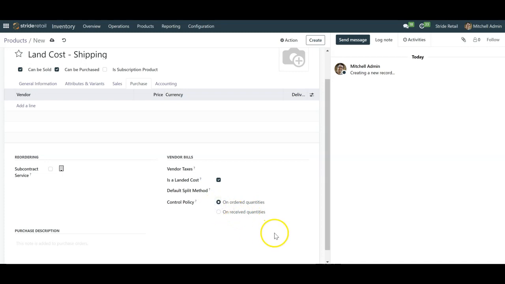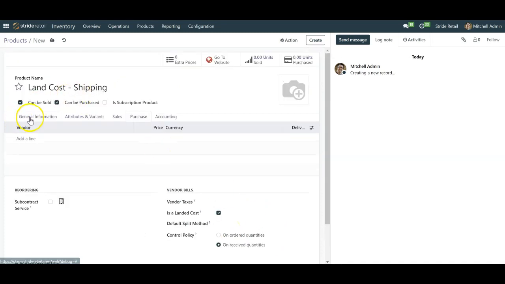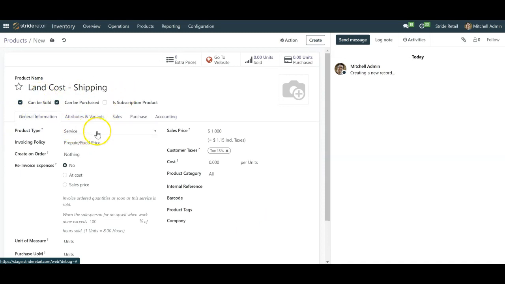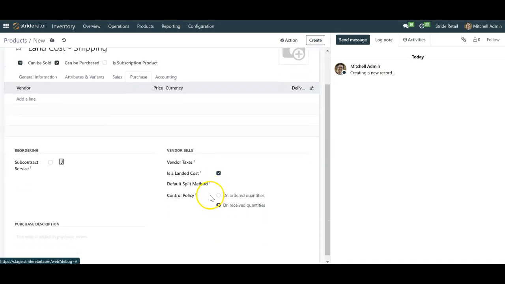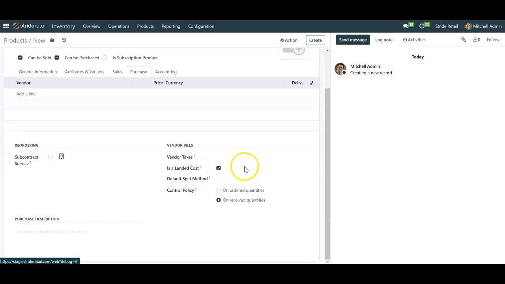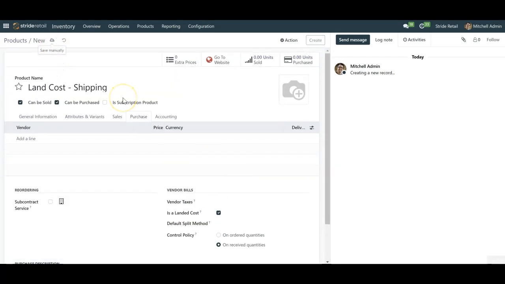A lot of times with services, I set it to ordered quantities, but that's up to you on your settings on how you want to control your vendor bills. But that's pretty much all you need to set. Give it a name, make sure it's a service, and then under your purchasing tab, make sure that is landed cost is set. So I typically will create one for shipping, and then as I mentioned, a lot of times